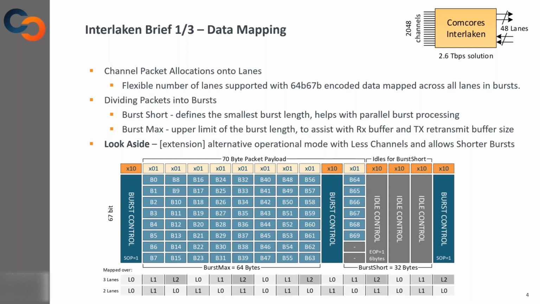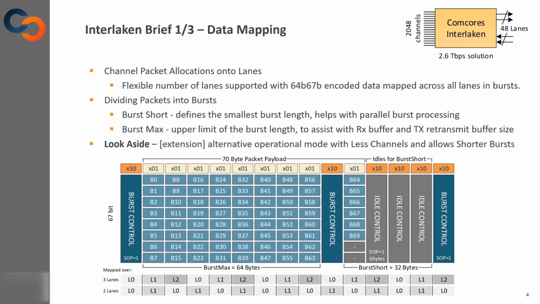basically an indication of how data is mapped together with control words. You can see in these vertical columns, it's 67 bits, so basically one Interlaken word. There are burst control and idle control words, and the B numbers are basically packet payload bytes. So here we're sending a packet of 70 bytes, but we have a burst max set to 64. So the payload doesn't fit into a single burst. And I wanted to demonstrate how